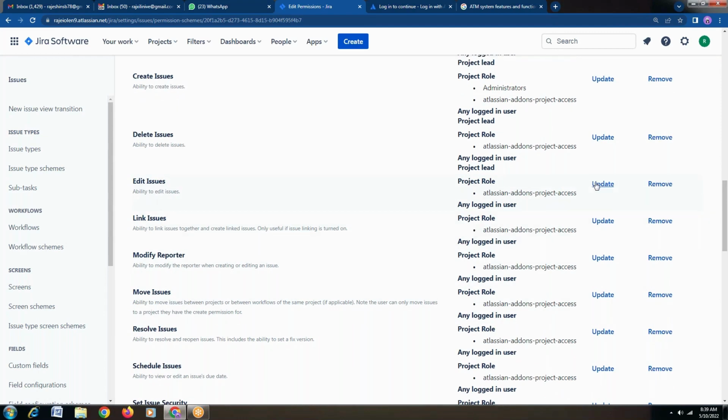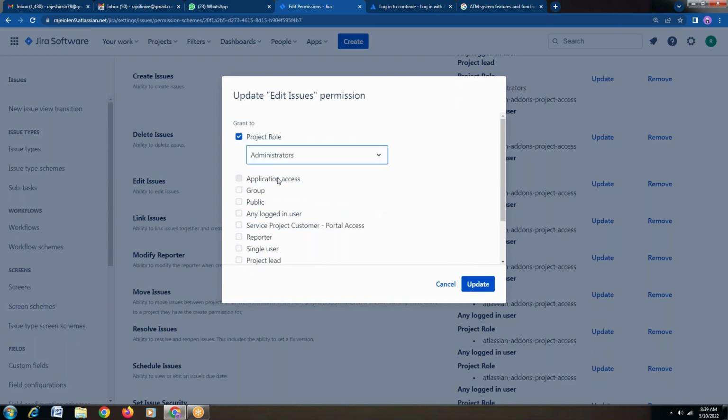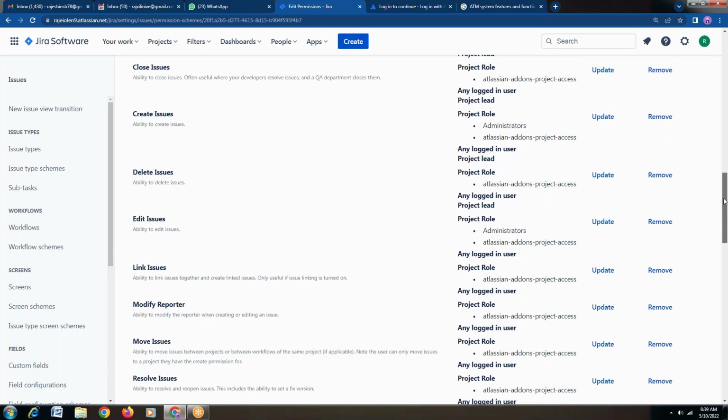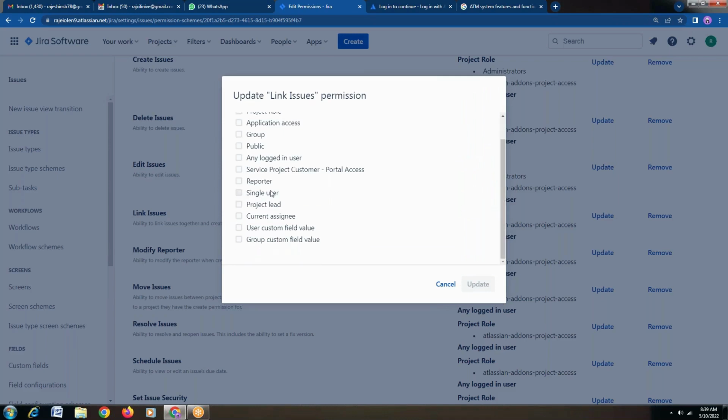Now, for example, if you want to edit the issue, right, to whom are we going to give edit issue permission? That will be given to the project role called administrator. Administrator is taking the editing of issues and all that. So they are the one who is taking that permission. You can see administrator is the person who has the option to edit the issues, no one else apart, because you as an administrator have to take care of that. So followed by this, link issues. If you want to link issues here, to whom do we need to give it? Linking of issues, I am just giving it to the project lead.